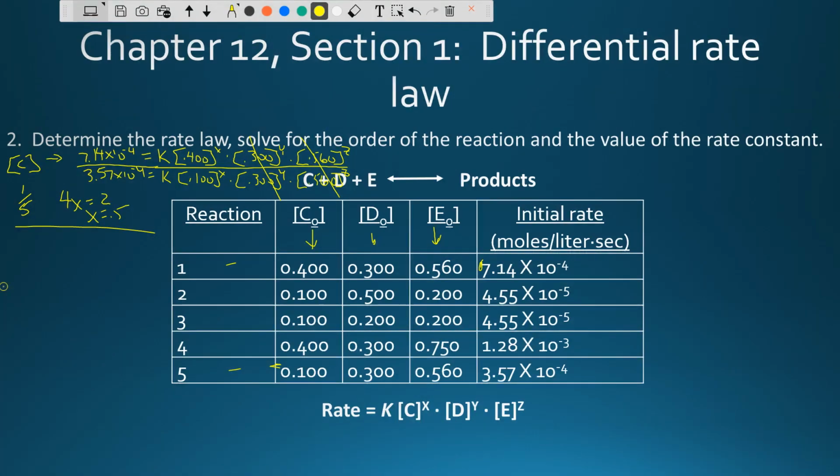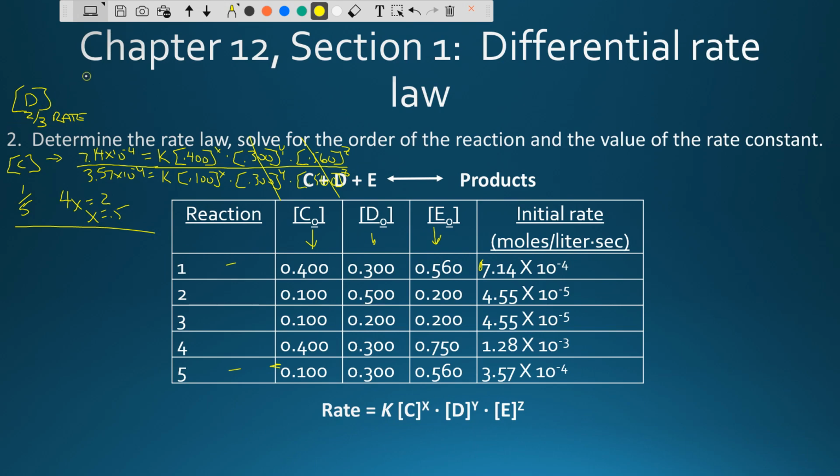Now let's go ahead and do my d value. I'll just do that up here. Again, I want to find some things that are going to be canceling out. Where I see a 0.1 and a 0.1, I see my e as a 0.2 and a 0.2. I'm going to be looking at my 2 to 3 iteration. So if I look at that rate,